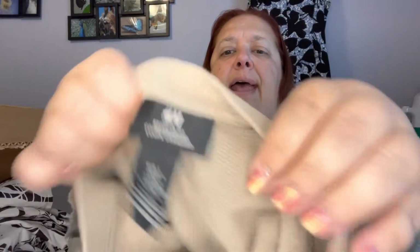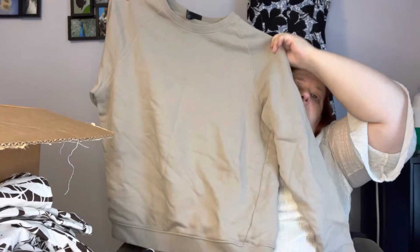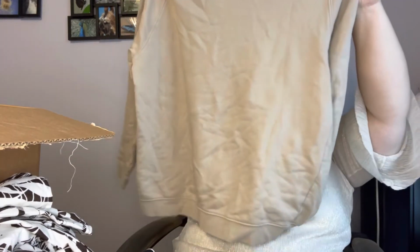So this is the last item. And this is just H&M regular fit, size large. And it's kind of boring. It's like a beige sweatshirt. What I might do with this, because it is 100% cotton, I might do a bleached and reverse tie-dye on it. We'll see. I don't think comps are going to be super high for this just as it is,